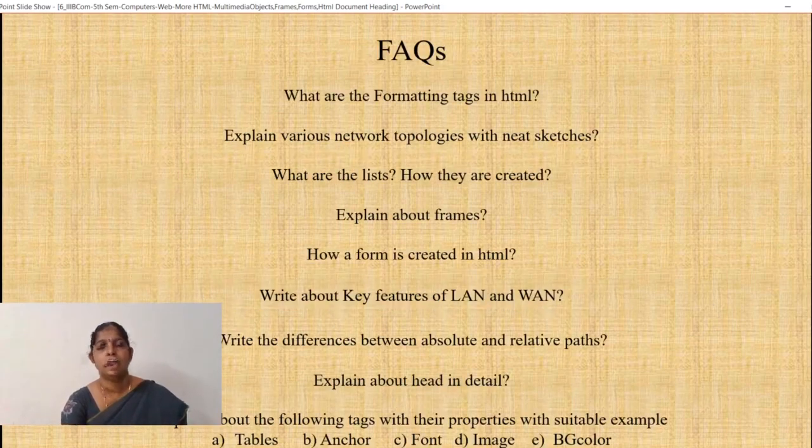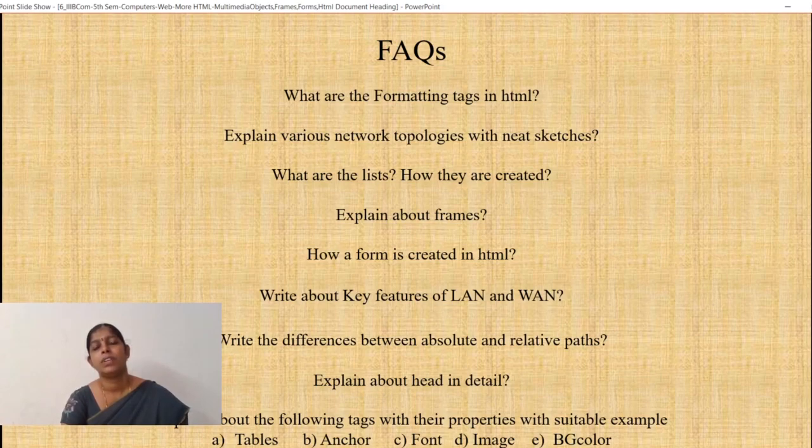These are the frequently asked questions. What are the formatting tags in HTML? For this, we have to write what HTML is and the formatting tags like bold, italic, underline, subscript, superscript, heading tags, all this. Explain various network topologies with neat sketches. What is a topology? What are the different types of topologies?